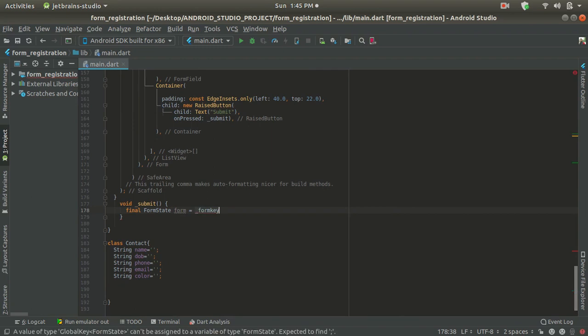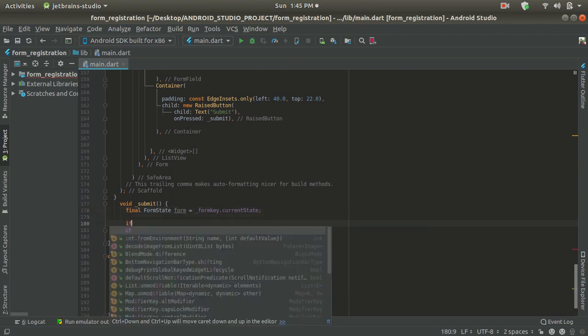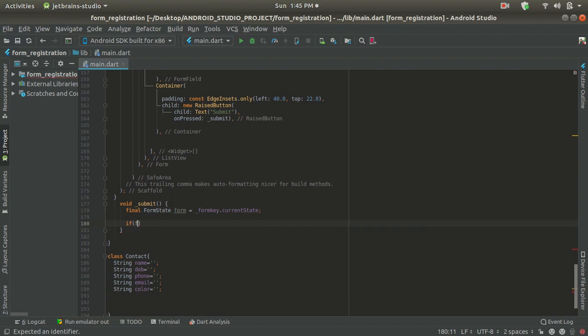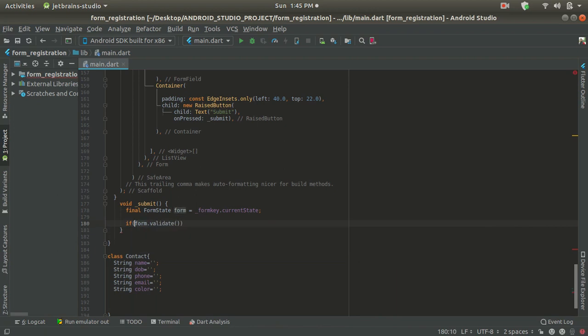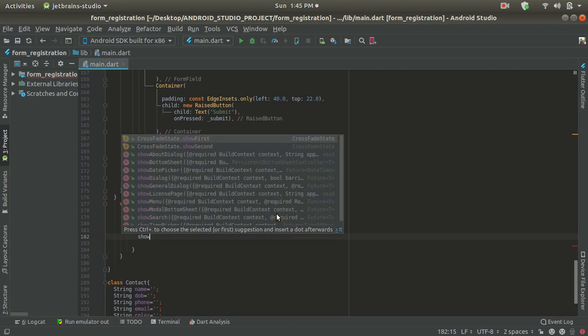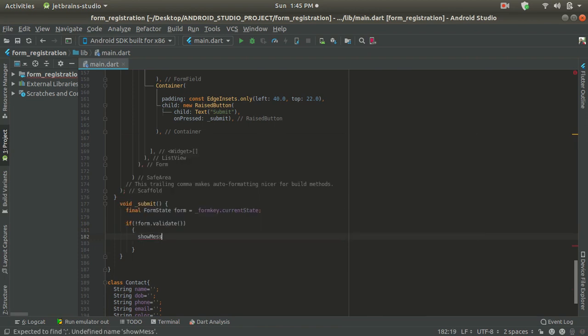Now the form key is available, form key dot current state, which I am saving inside this form state, because first of all I want to check whether this is valid or not. Form dot I am going to use validate, and if it is not validated successfully, then here I am going to provide one message as a show message, which method I am going to build in a next moment, and I am going to print there: form is not valid,